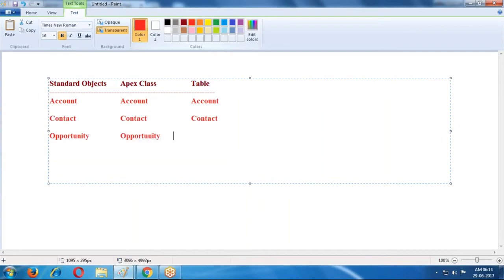Opportunity. Case. For Case, the same, like Campaign or Lead.